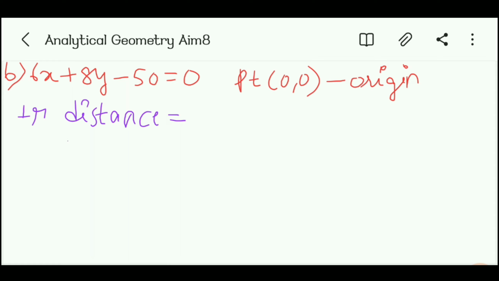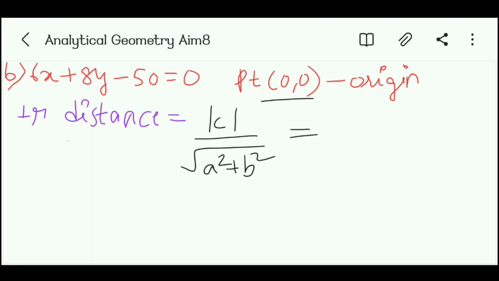Now in the sixth question, what we are having, we have to find the perpendicular distance from the origin. Origin means 0, 0. That's why I have written the point is 0, 0 and the line is given. So from that point to the line, what is the distance we have to find? So let's find it using the formula in modulus c divided by root over a square plus b square. Now why did the formula change, you will be thinking. When the given point is the origin, then you can use this formula, as I have already told.